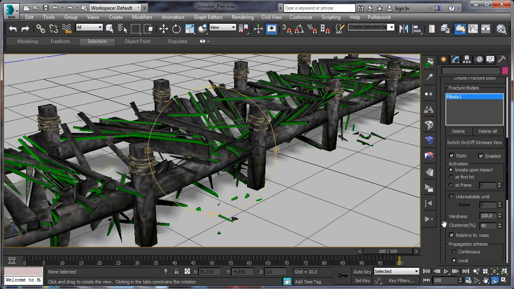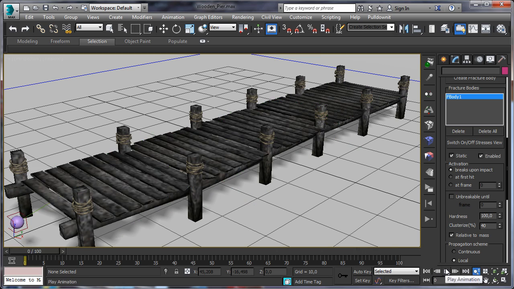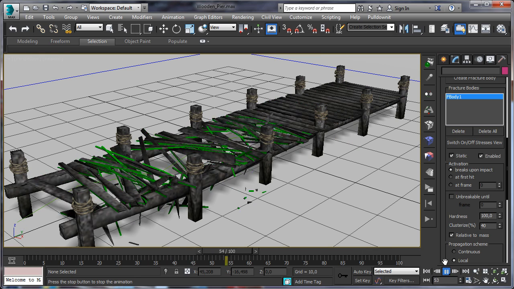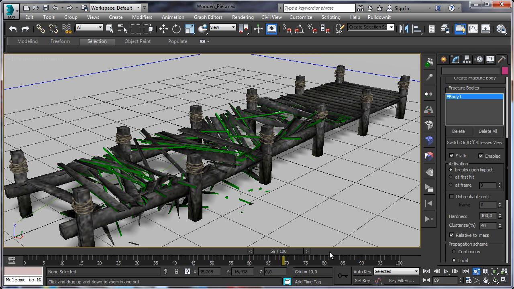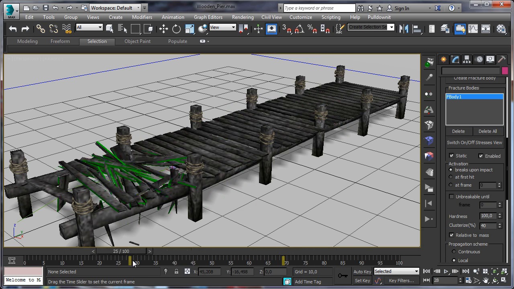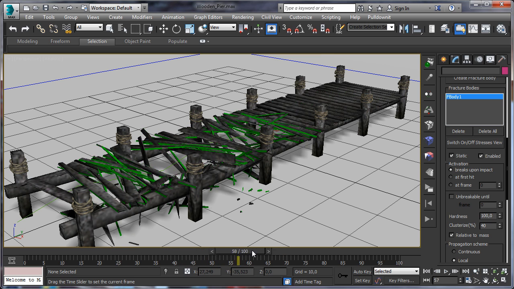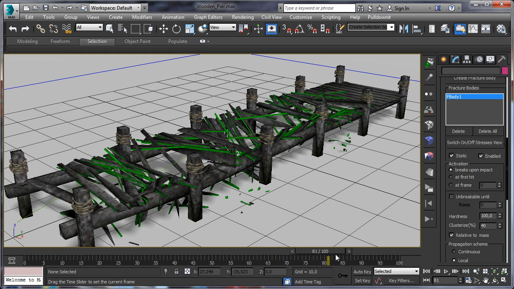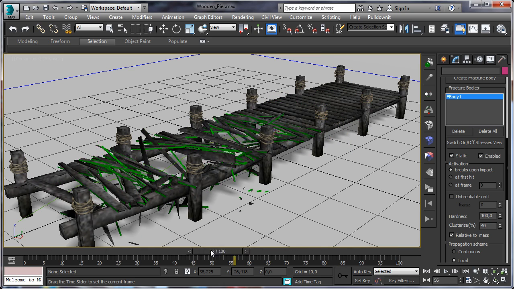So let's move the path down a little and compute dynamics. Okay, now I got more repelling the extrusion of the deck, and the wood splinters are colliding with the supports on the sides. Very nice. So the extrusion of the deck is done, and we are going to continue by adding more detail